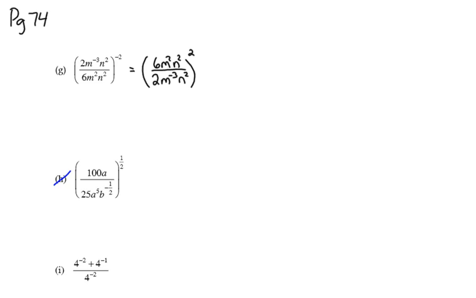Now, from here we have two options. We could either simplify on the inside right now, or we can bring in the square. Who brought in the square at this point? Who simplified first, did the division inside first? Either would work. I'm going to bring in the square because a lot of you did. So this square applies to everybody inside. So 6 squared is 36, m to the 4, n to the 4, and then 2 squared, 4, m to the -6, n to